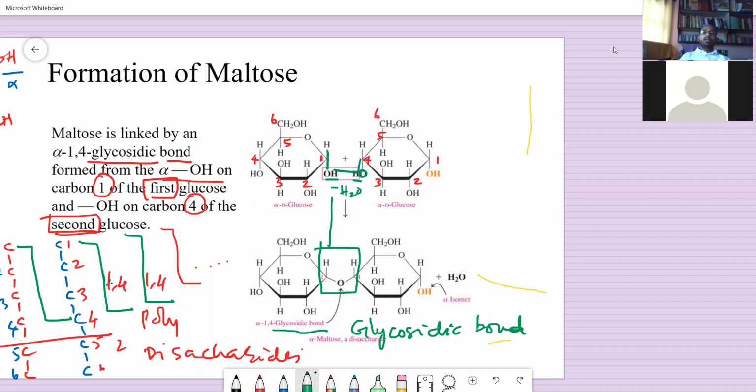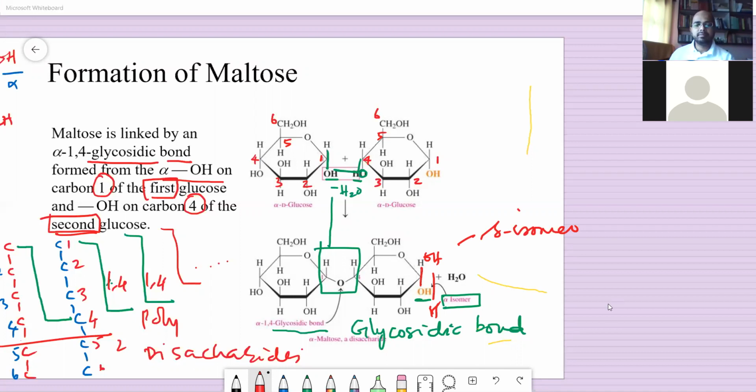Sometimes they ask how the 1,4 units or 1,2 units in sucrose and maltose are linked, and you should say glycosidic bond. The glycosidic bond is a newly formed bond as a result of the dehydration, and so you can see the isomer is the alpha isomer. In the same situation, if you have OH on top and H at the bottom, it will be the beta isomer.